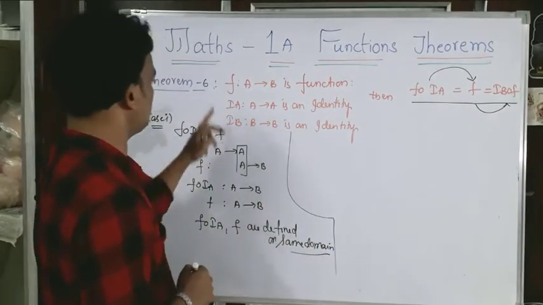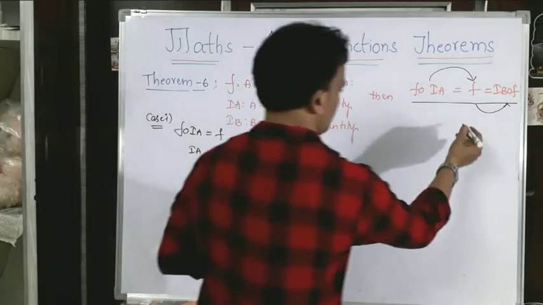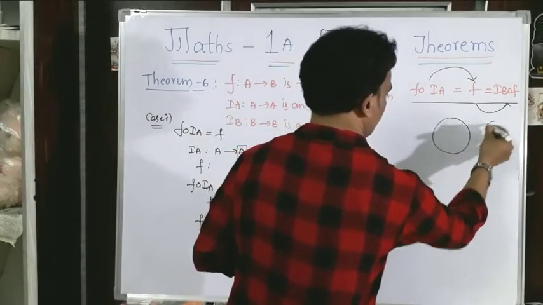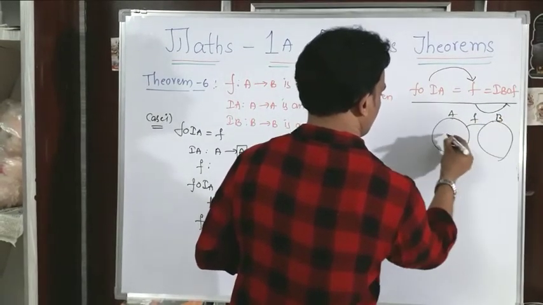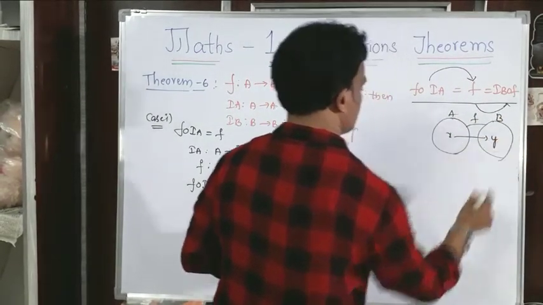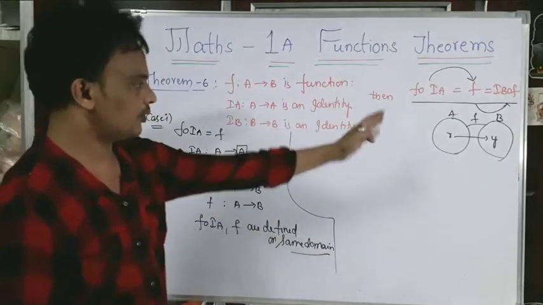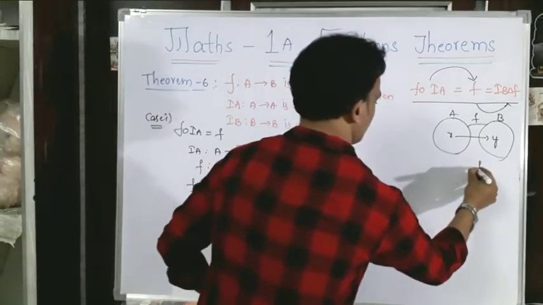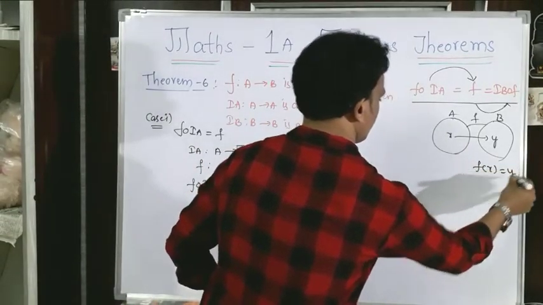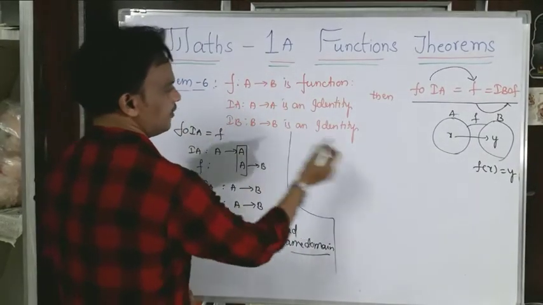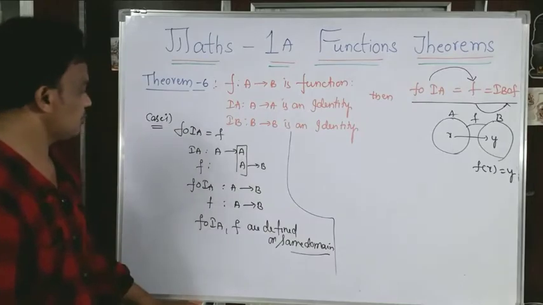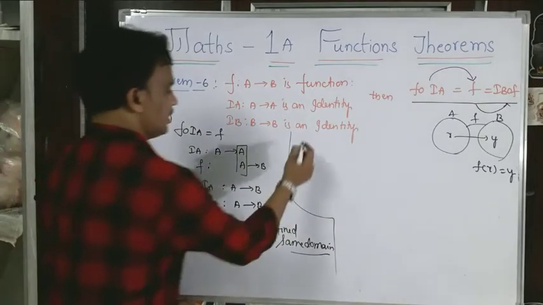Since F from A to B is a function, just take that one Venn diagram. X is one element in A, Y is one element in B, and F from A to B is a function, so I can write F of X is equal to Y. Now we are going to prove that the ranges are equal. So, consider